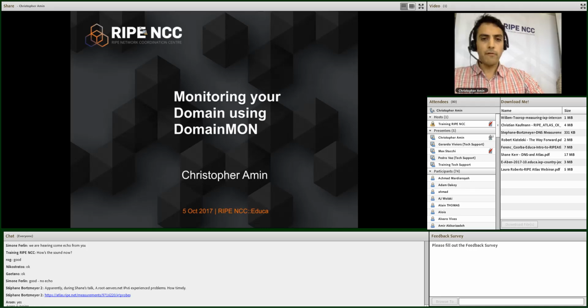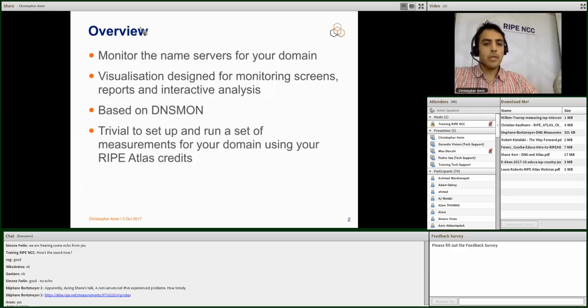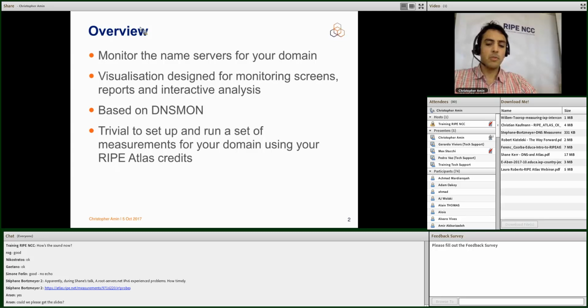Great. Well, hi everyone. So I'd like to talk today about Domain Mon, which is a tool which is built on RIPE Atlas. It's part of RIPE Atlas, and it's usable by any RIPE Atlas user, which pretty much means anyone, or at least anyone with credits. So the point of Domain Mon is it allows you to monitor the name servers for your domain or for a domain. It provides a visualization which